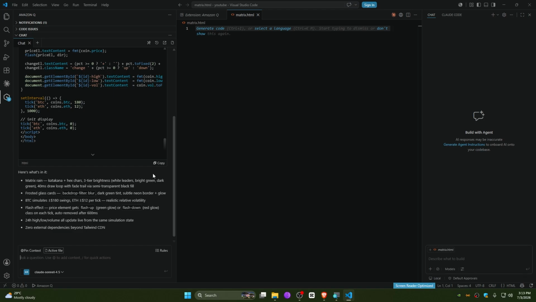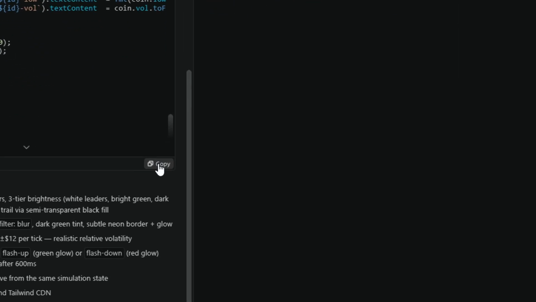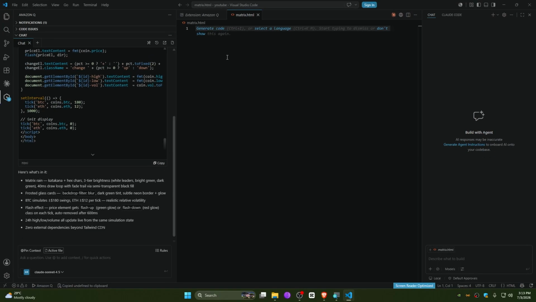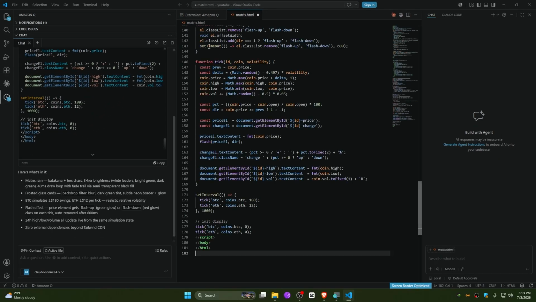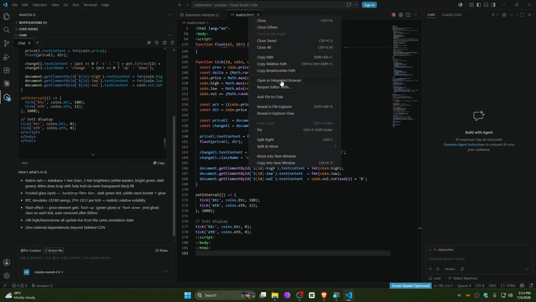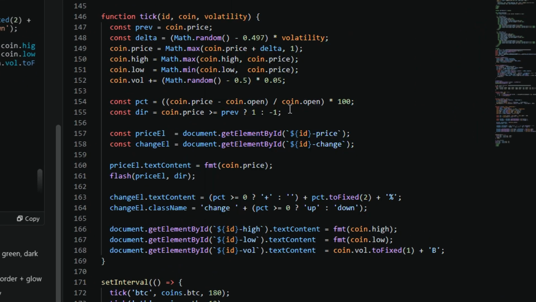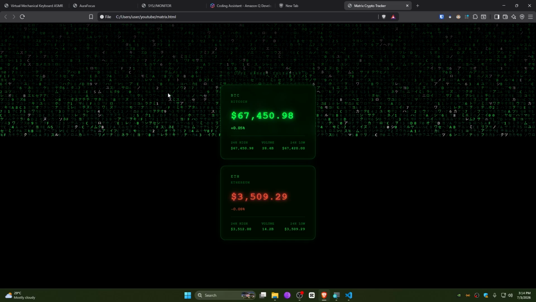And guys, all you do is copy by clicking on this button, and simply paste it into your generated matrix.html file. So I'm just going to paste it and save this file. Now I'm just going to right click on this, and we are going to open it in my Brave browser, so revealing this in my Explorer. So this is the file. Boom,